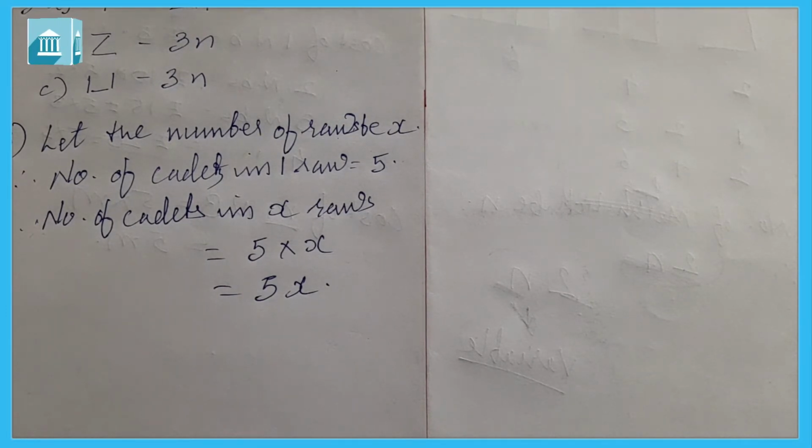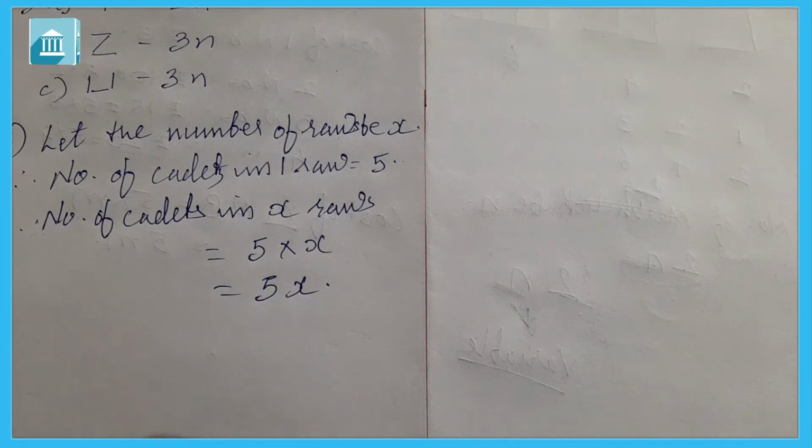Now question number 4 is again the same: 50 mangoes in a box. How will you write the number of mangoes? Same way you have to write. Then question number 5 again: a teacher distributes 5 pencils per student. Can you tell how many pencils are needed for a given number of students? Same way you can write. Now let us see question number 6. A bird flies 1 kilometer in 1 minute. Can you express the distance covered by the bird in flying for a time in minutes?